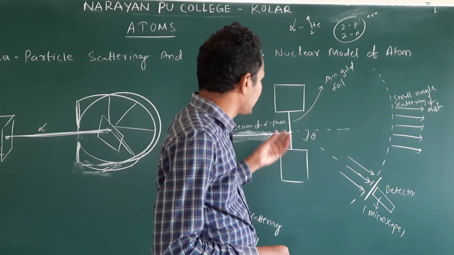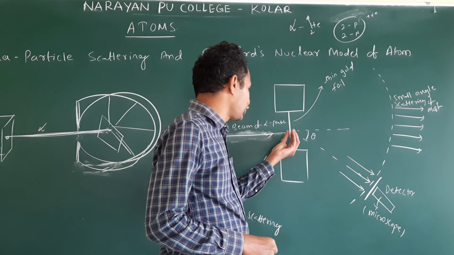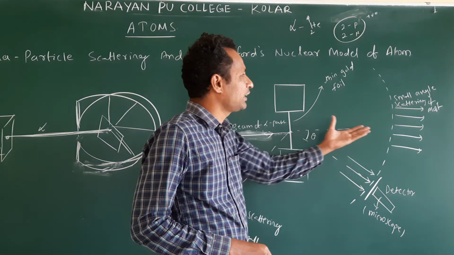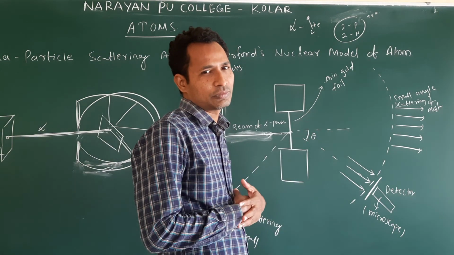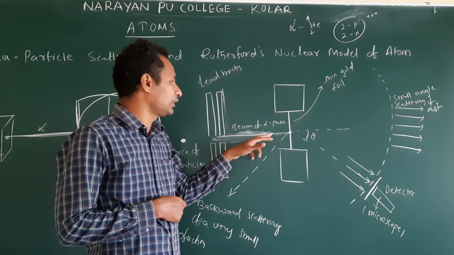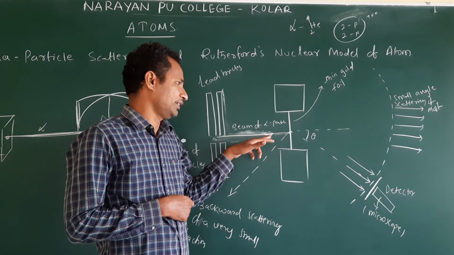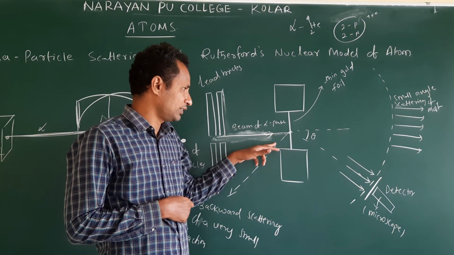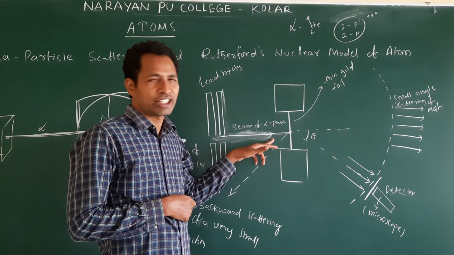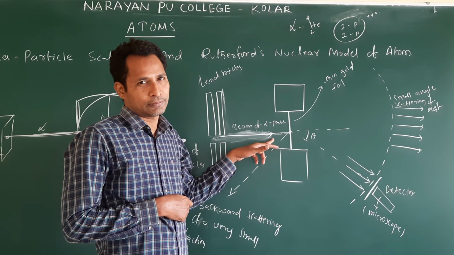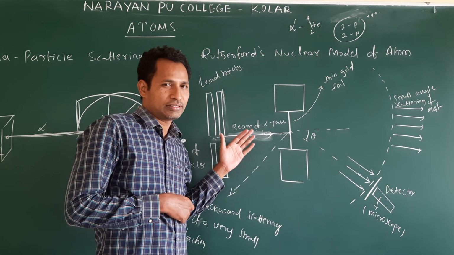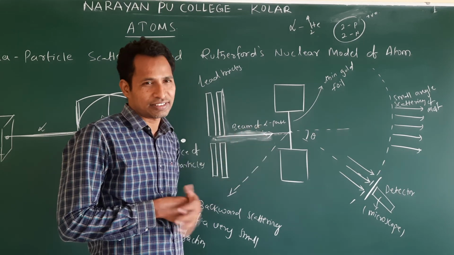So from this, they concluded that most of the particles pass through. The reason, they said, is that the space in the atom is empty, because many rays pass through the atom. And the next one, especially the rays which retraced, indicates something: they are reflecting back. Why are they reflecting back? This is the question. Something is pushing these rays back. Clear? What is that something?